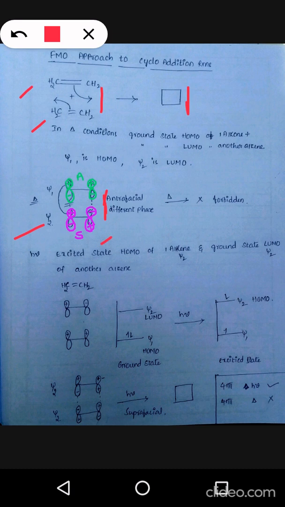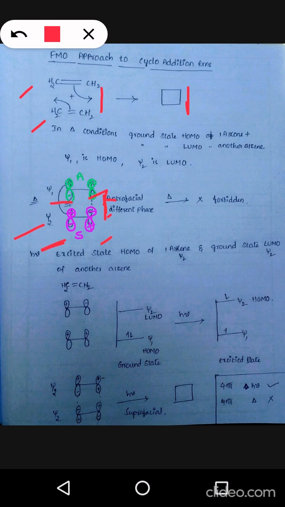Now here you observe that the minus lobe is downwards here, and here also the minus lobe is upwards, so they will interact or overlap to form bonding conditions. Whereas in case of the other molecular orbital, for this molecular orbital the upper lobe is positive, whereas here the minus lobe is there. So plus and minus lobes will not overlap to form a bonding condition. So overall bonding does not take place when Psi1 of one ethene is reacting with Psi2.